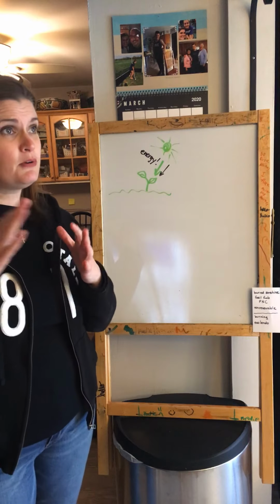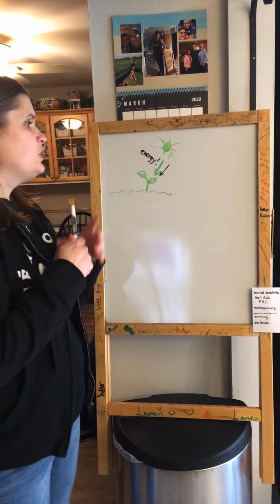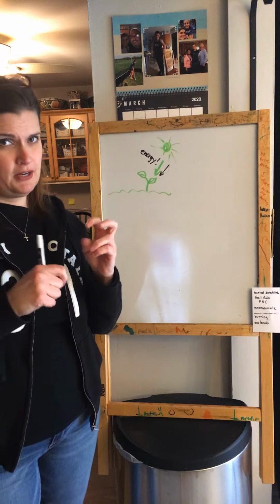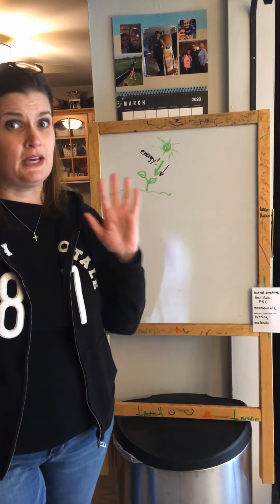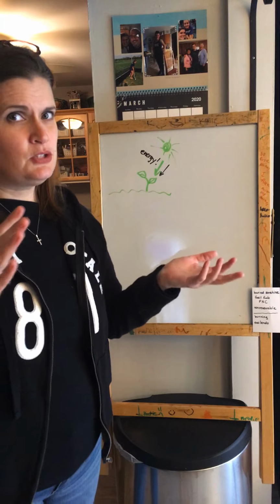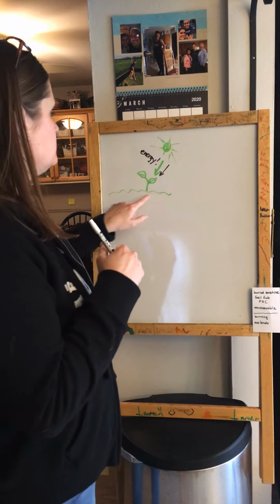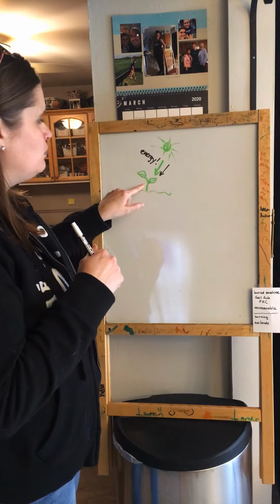And so remember from the crude oil and fractional distillation video, you read about how we call the crude oil buried sunshine because of where the crude oil came from. I want you to remember this is all about energy. So at one point, these prehistoric plants were on the surface of the earth. Look at my beautiful drawing. And they, through photosynthesis, took in energy from the sun. And now they're storing that energy